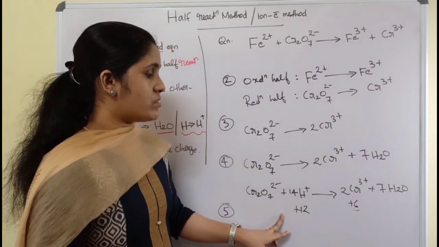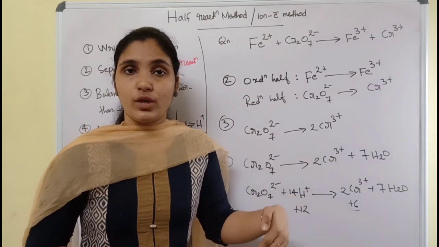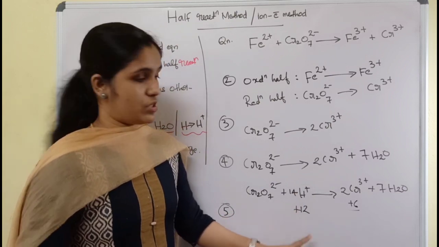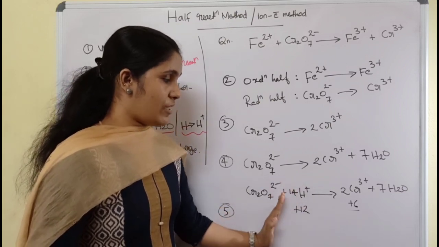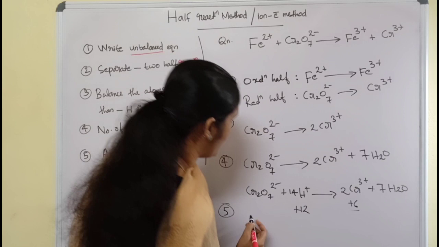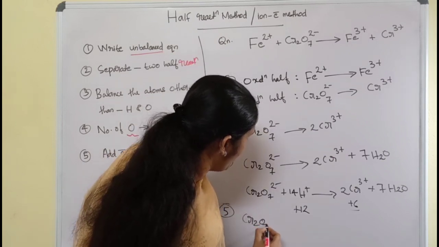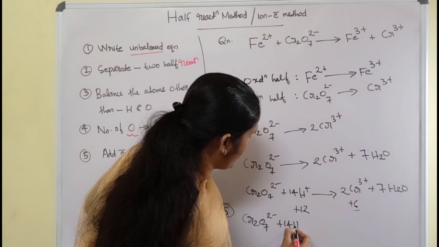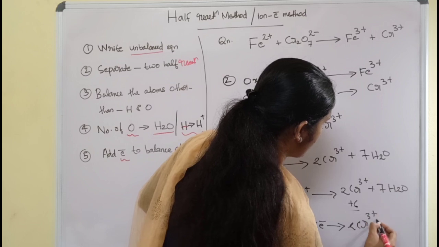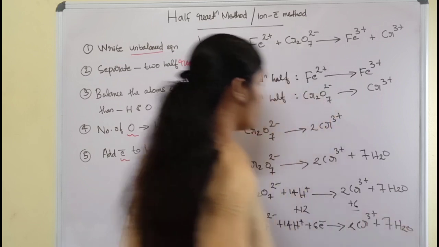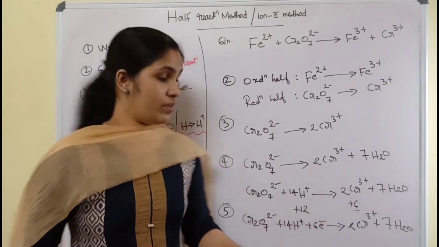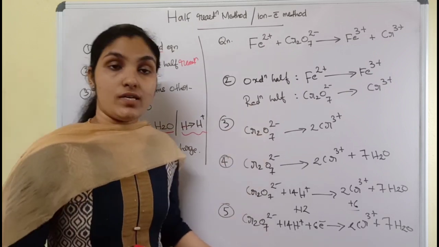So it is better to make this side also plus 6, because if we add a sufficient number of electrons, electrons being negative in charge, this positive value will of course get reduced. So here we can add 6 electrons to the left side, then the right side and left side charge become plus 6. Okay, so let's rewrite the equation again: Cr2O7 2 minus plus 14H plus plus 6 electrons gives 2 Cr3 plus 7H2O.